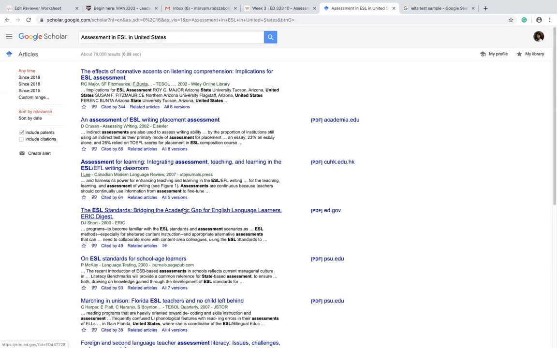So what you need to do from now to the end of the semester is find one article every week and try to summarize it, try to get out some new information that you can take and use in the future teaching or assessment that you will be implementing in your classroom.